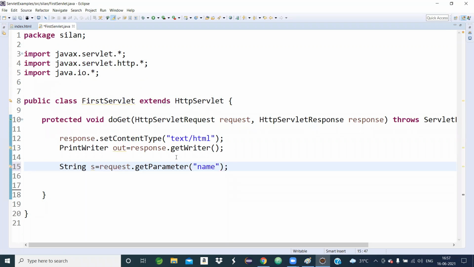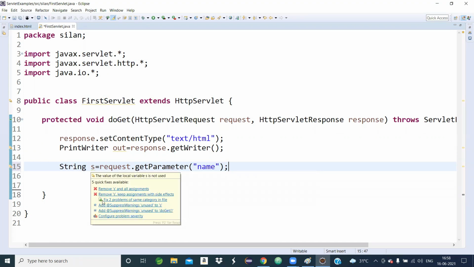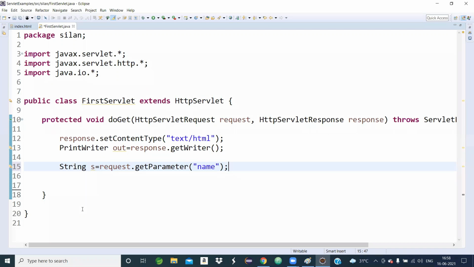Now, what is the meaning? When the user gives the input value, that value is assigned to s. So s is a variable which contains your name value. Whatever the user gives inside the text box is assigned into s.